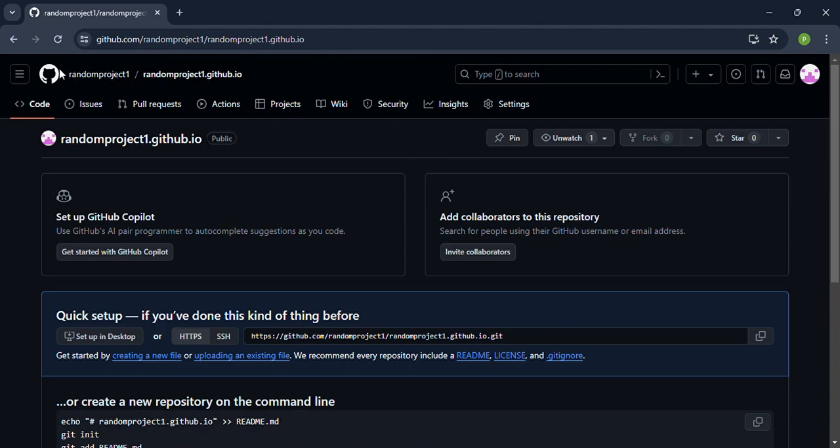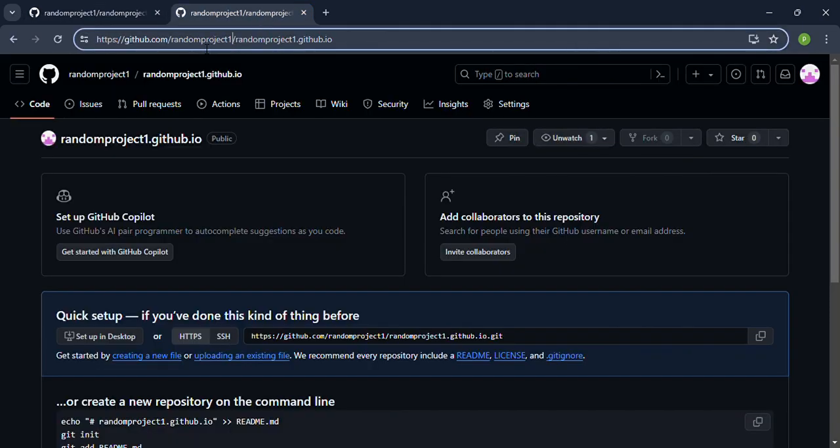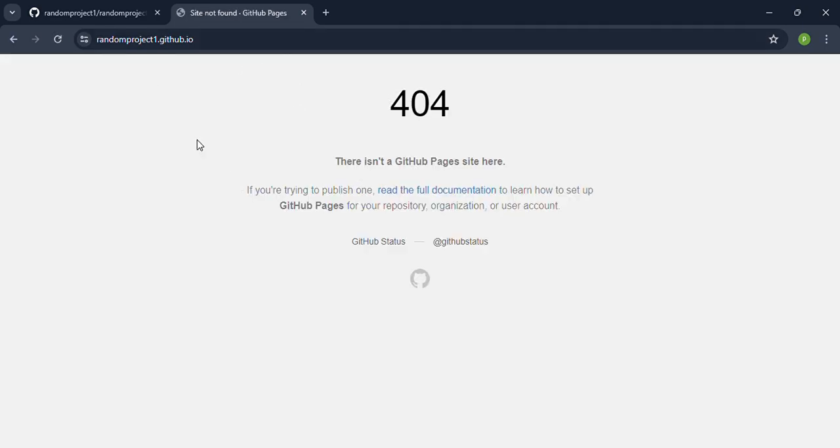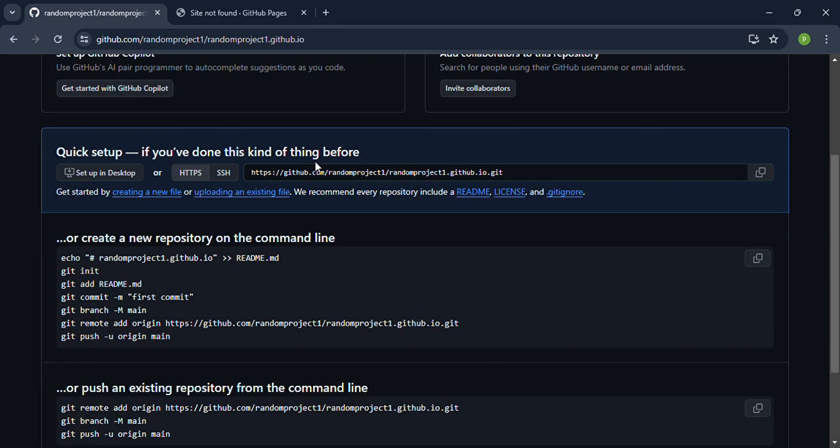So as you can see, random projects 1, random projects.github.io. If I try to run it on the browser, if I try to run only random projects 1.github.io, I'll see a 404 because there's no readme and there's no files. So we are going to fix this quite soon. If you've done this kind of thing before, you can set up on GitHub Desktop. We recommend every repository include a readme, license and